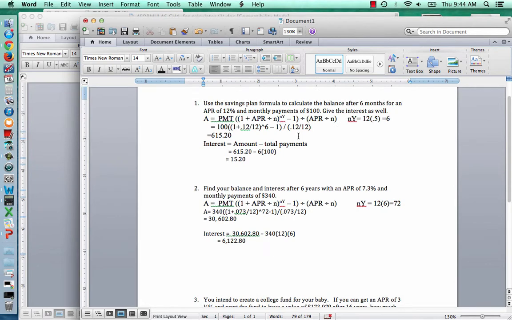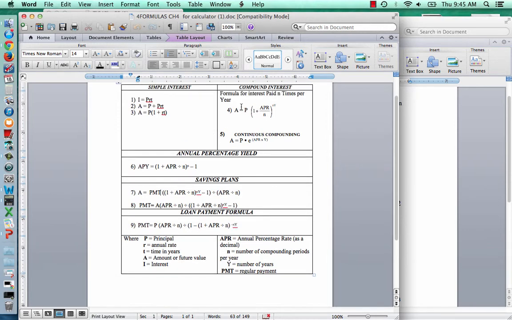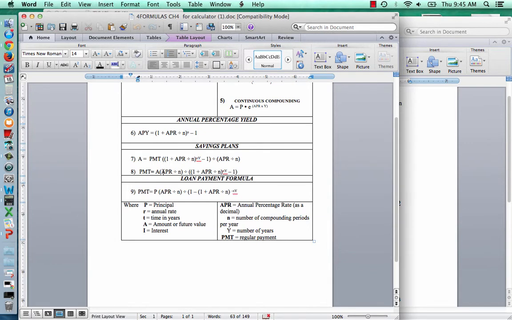So in the first part, we covered these two examples where we used the savings plan formula. If we know the monthly payment over a certain period of time, we wanted to see what it can grow to if it compounds interest and we make regularly scheduled payments. Remember, that's different from this formula, because this formula assumed the P is a one-time initial investment value. That's what the principal stands for. The problems we're going to work on now use Formula 8, where we might know the amount that we want to save for, and we want to see if we can budget it out of our paycheck by solving for this regularly scheduled payment,